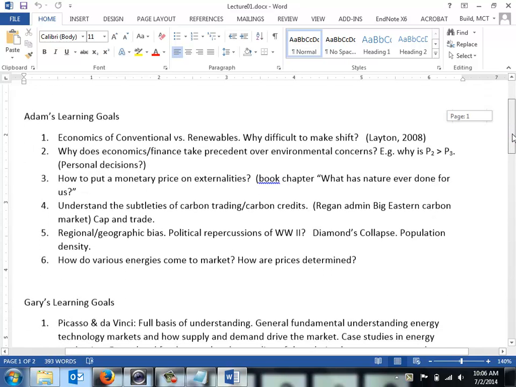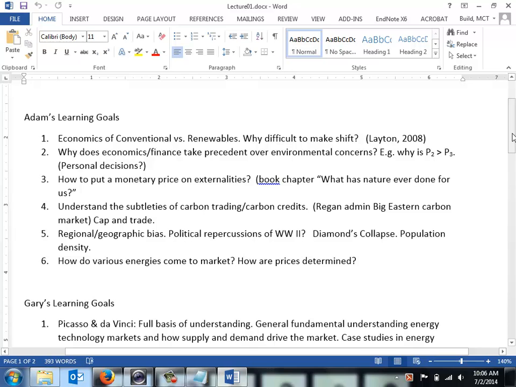Let's just look at this, and interrupt me if I'm not representing your ideas properly. Adam's learning goals: he really wanted to get deeper into some of the economics of conventional versus renewables. And I think we'll see, as we go through this Lovins book, what some of the barriers are. We also went over my paper from 2008, which I think sheds a little light on that. Why does economics or finance take precedence over